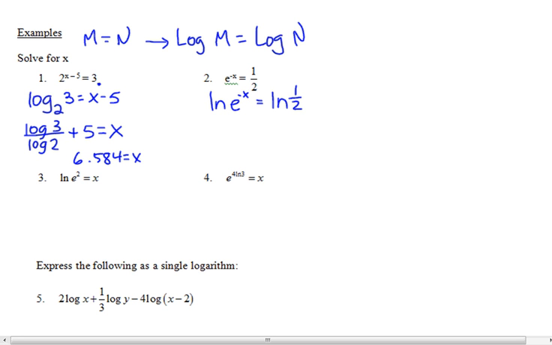It's a natural log. We can use the power law here. You can skip that step if you like. Okay, so I use the power law. I want x by itself. What is the natural log of e? 1. So negative x equals the natural log of a half, or x equals